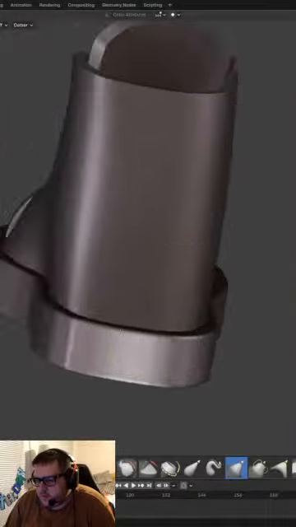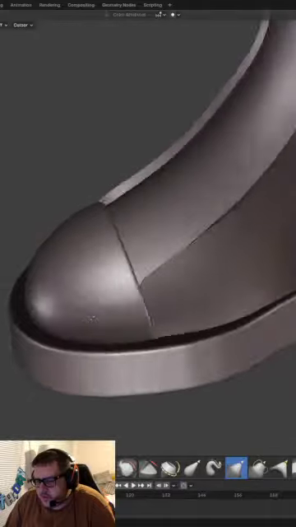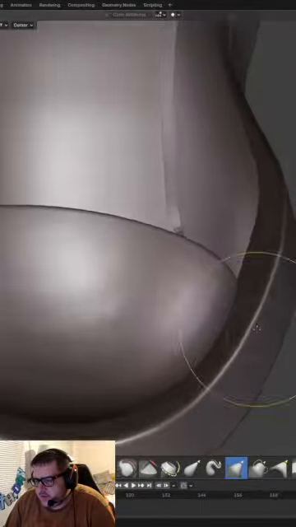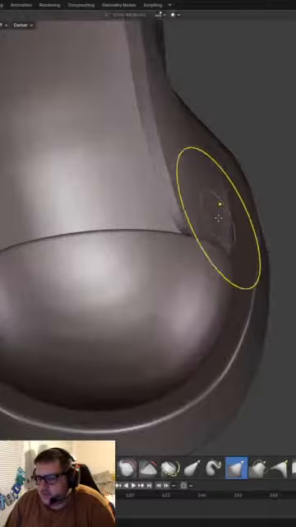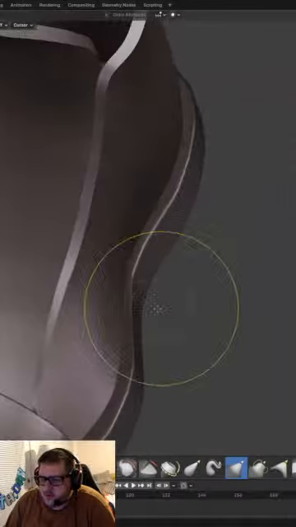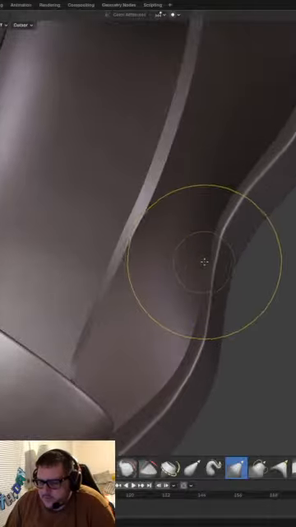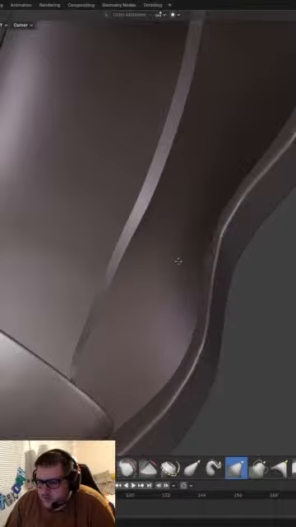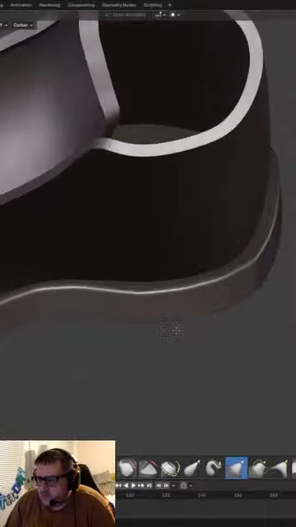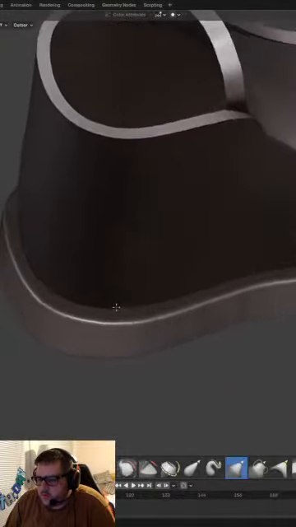All right. We're just gonna make some tweaks to the sneaker here and there. So we definitely need to make sure we're following these contours.